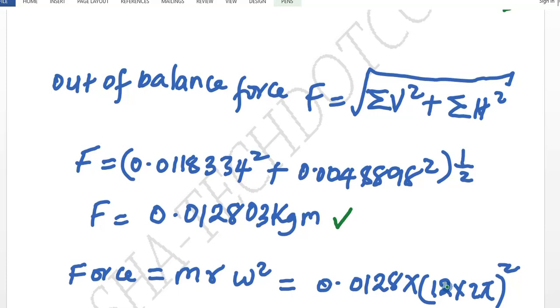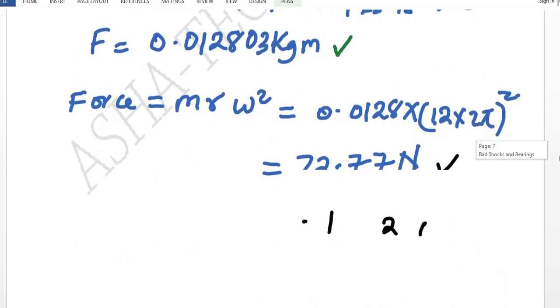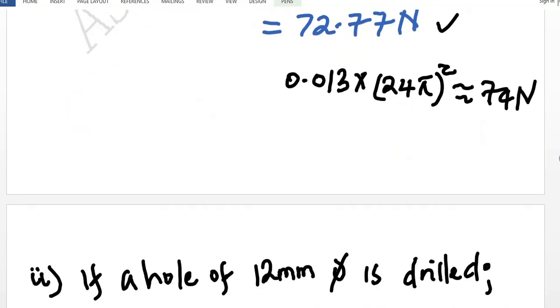And the omega is given as 720 revolutions per minute. So converting it to radians per second, it would be 12 times 2 pi radians per second. So I square it and multiply it by what I have gotten above as the product of mass and R, which is of the resultant out of balance force. This force is going to equal to 72.77 newtons, and if I use an approximation of the above value, I would have